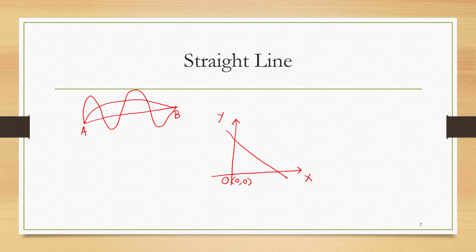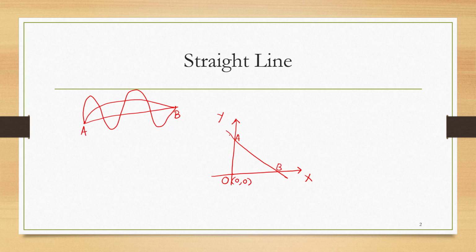So basically we can see three straight lines in this figure. First is the x-axis, second is the y-axis, and third is this line joining A and B. If we call it AB, it is called a line segment. And if we take the extended line, then it is called a line having 2 points A and B on it.